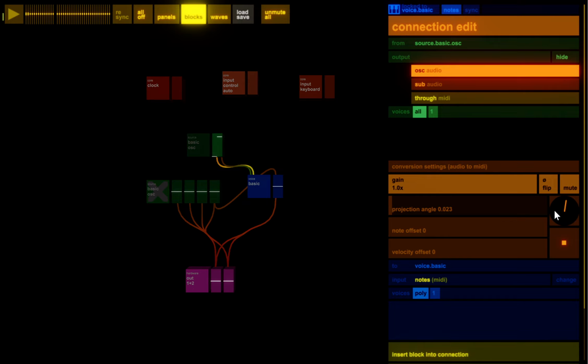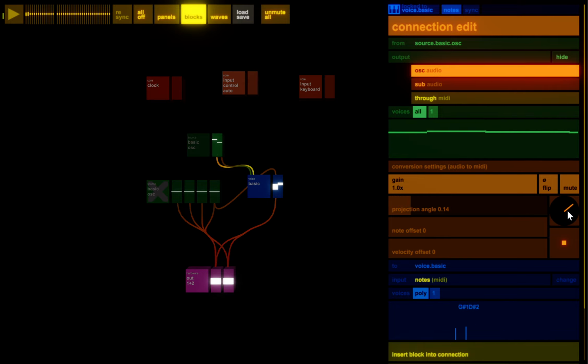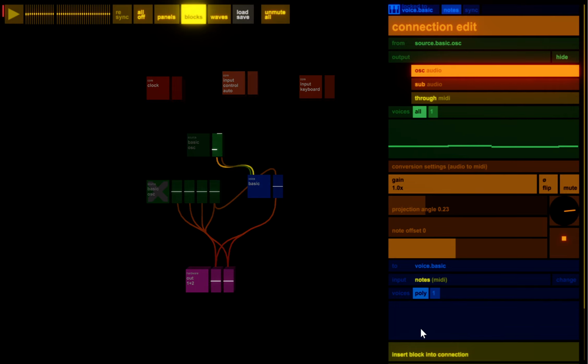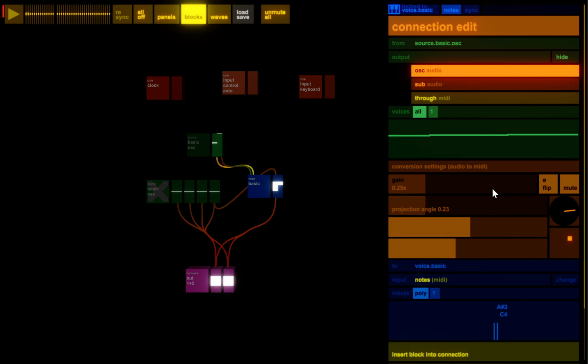I'll unmute so you can hear. If I rotate this little thing, it's now turning that audio signal into both pitch and velocity. If I put it horizontal, there you go, it's just pitch of this, right? And I'll need to offset the velocity a bit so it's loud enough, and maybe offset because it's bipolar. Let's offset it and reduce. So if I point this sort of down, then you can see the thing follows it.